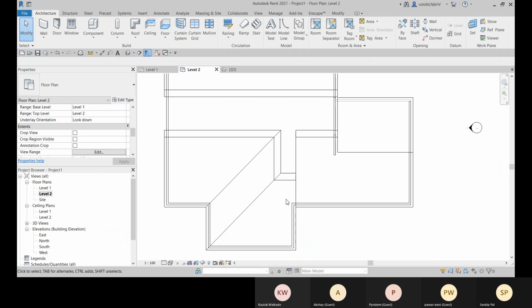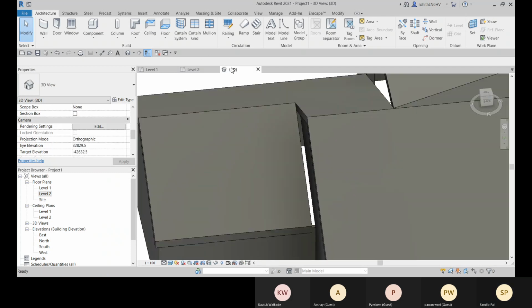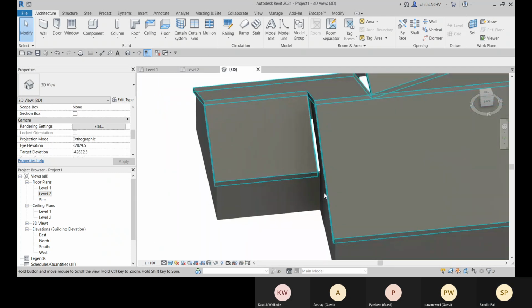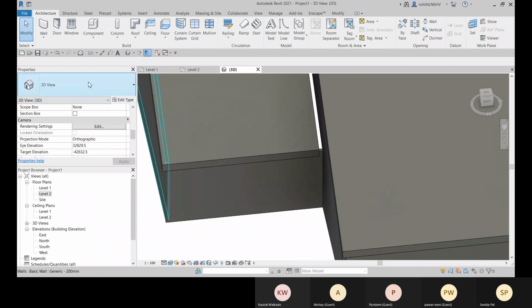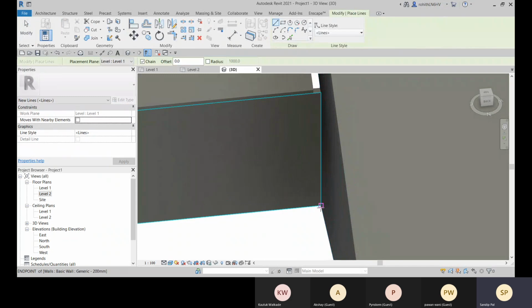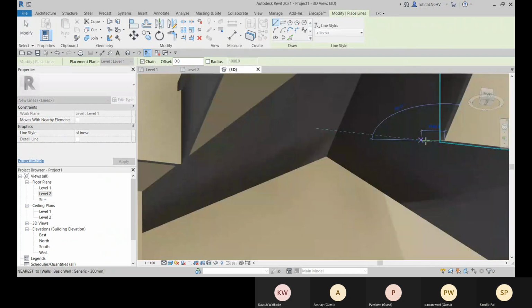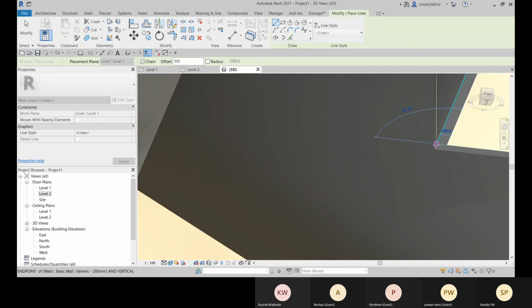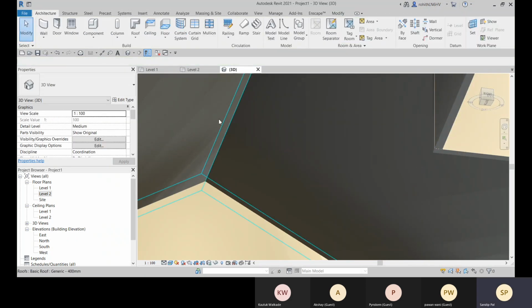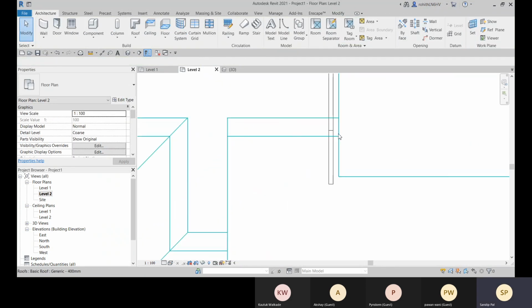Another one, correct. So for that, what I'll do, I will create, let me create a model line first here. So from here to, right, this model line is created. It will be visible in,